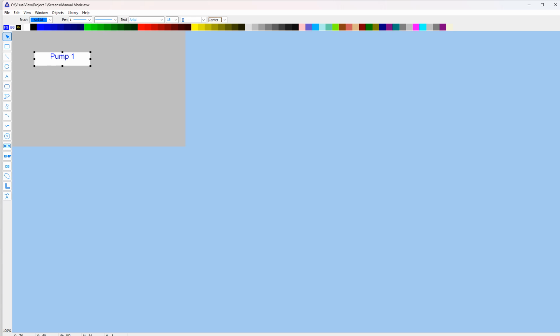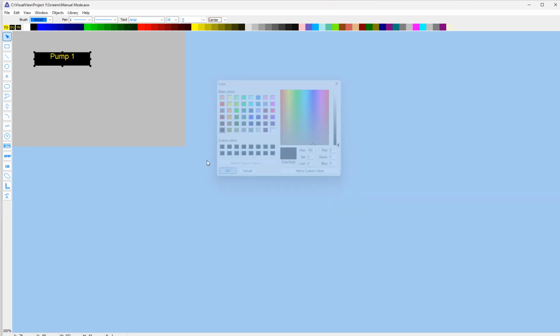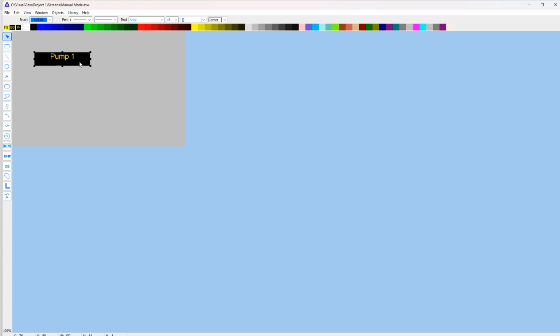So we're going to change these because we'd like them to show up with a black background and a yellow color for the pump. So over here on the foreground, I'll click that. I'll click the yellow color that pops up, and then I'll click the background, change that to black, and now it shows pump 1. Now I can click on these little arrow boxes over here and make this smaller, wider, narrower, and then I can also take this bottom one here, click on it, hold the mouse and drag it down. So all I'm creating here is a general description or text box,